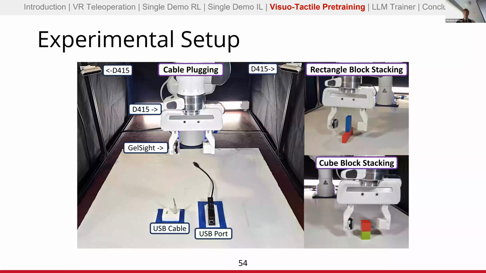So you are correct. For the cable plugging task, we fix the location of the cable. However, for the other two tasks, we don't. Those are randomly initialized, so completely positional control. That being said, the reason why we did that for the cable plugging task was twofold. One, we really only care about the insertion part. We can't just run a feed forward policy here to plug it in. Even if you know the location, there's too high of a tolerance for the cable insertion to just be able to go there and plug it in. So for that reason, since our focus was just on that visual tactile task of insertion, not the vision only task of localization, that's why we fixed it.